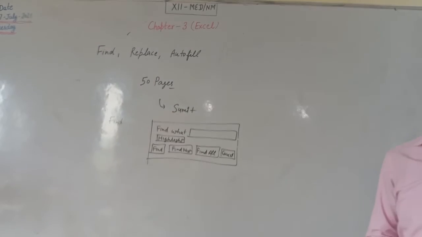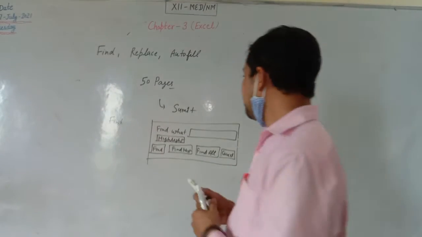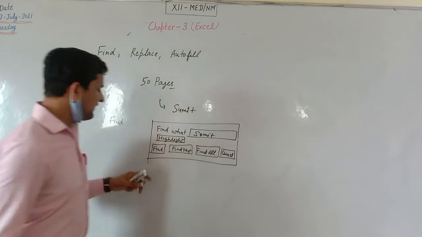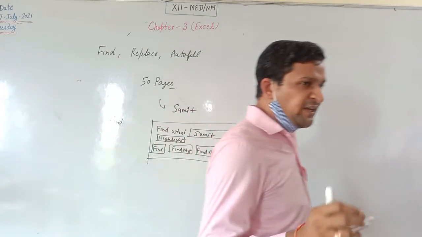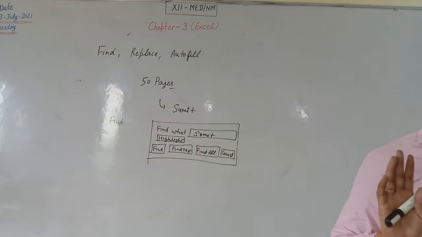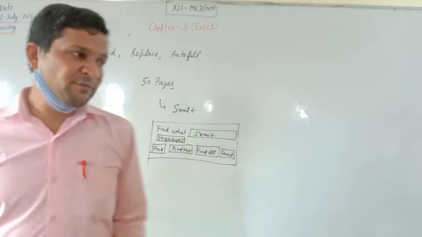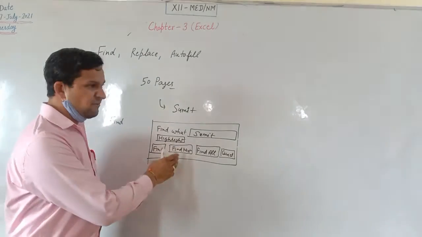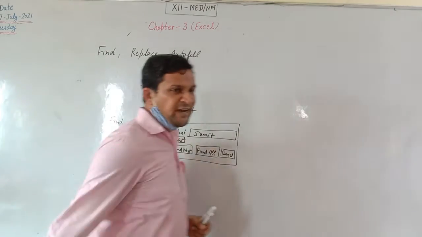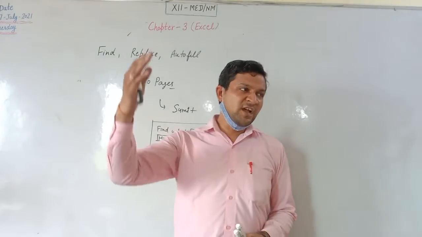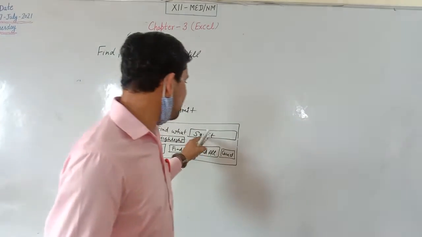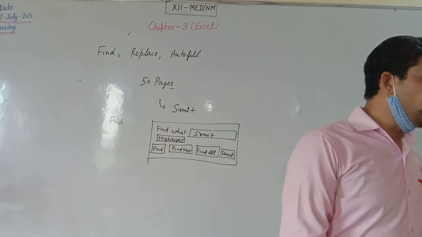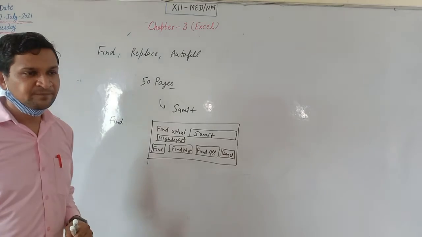You want to find the first position where the same record is available. Suppose you are typing here Sumit. If I click on the find option, it will find the position where Sumit is written the first time. Find next will search the next position where it is written next time: second, third, fourth, fifth. Whenever you click, it will go to the next position. And find all will select all the similar words that are written in your document. Either it is written 50 times or 2 times, it will find all the records on a single click.